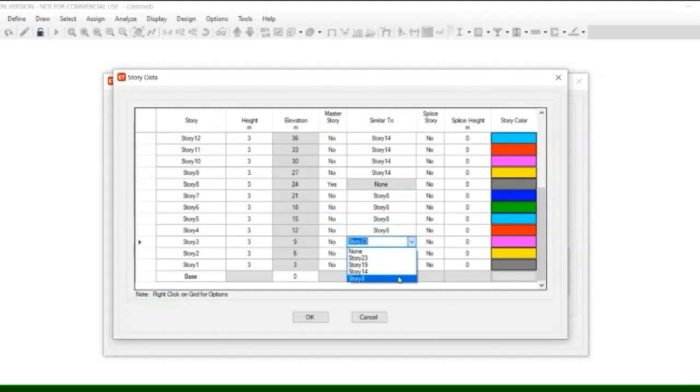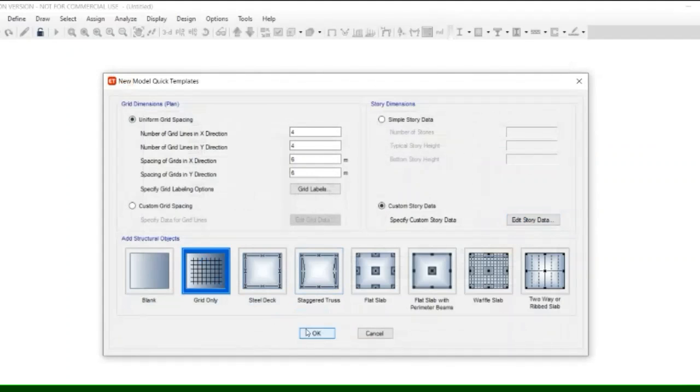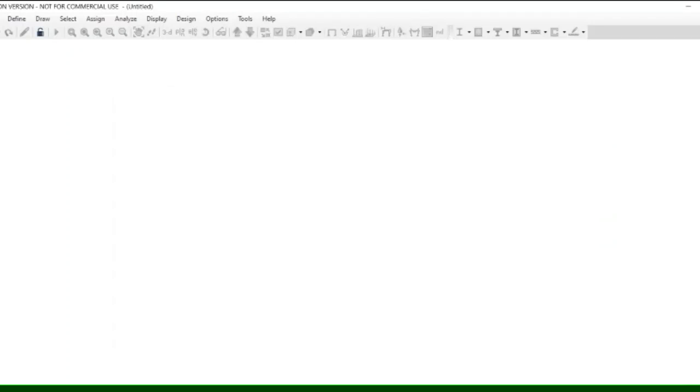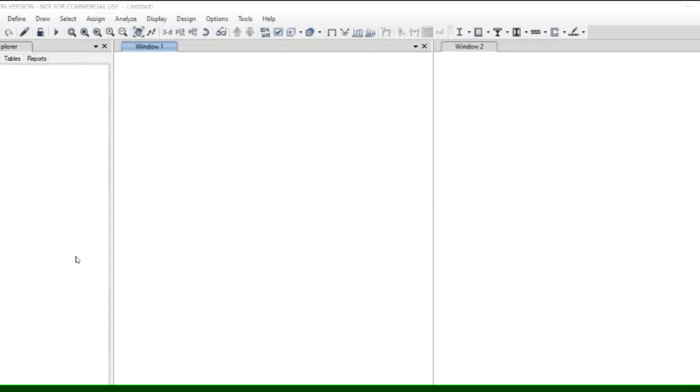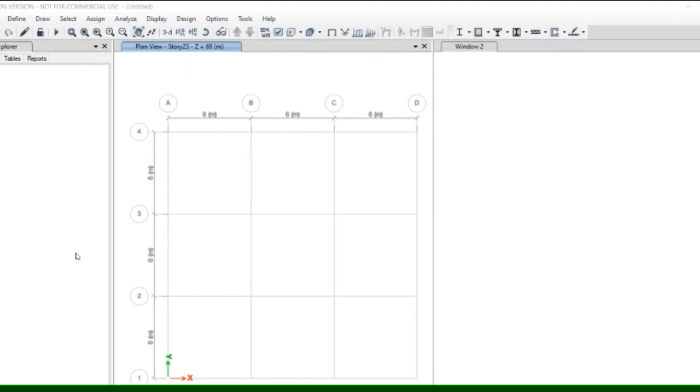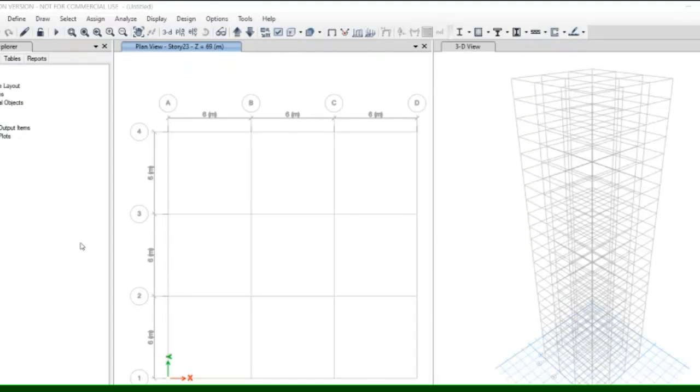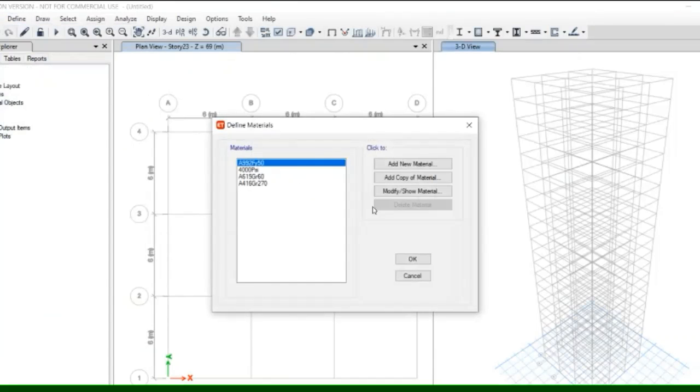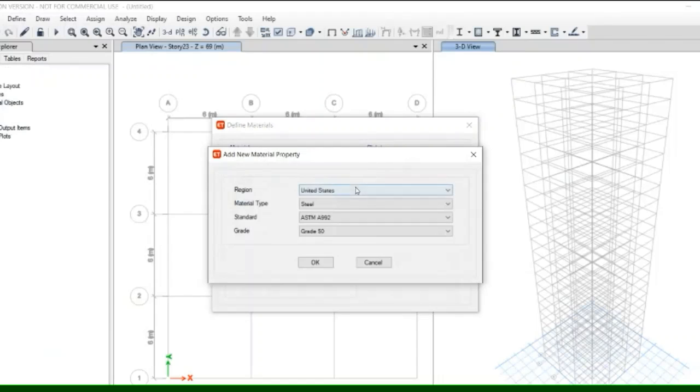After all is done, click on OK. Select grid only and OK. Now we will give the material properties. Go to material property, define material.